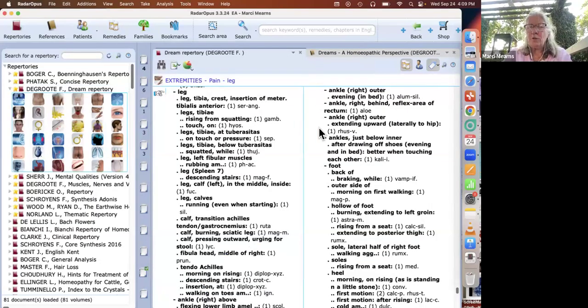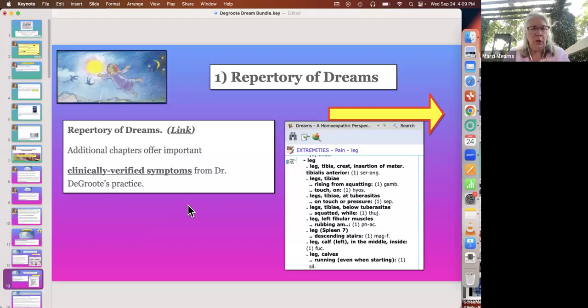So you see that these are small rubrics, but what we have here are remedies that have been confirmed through the doctor's clinical practice. I find these to be helpful additions, and often these will end up being confirmatory for a prescription that I might not even find in the standard repertories. So for that use alone, not to mention the dreams, it's a useful book.